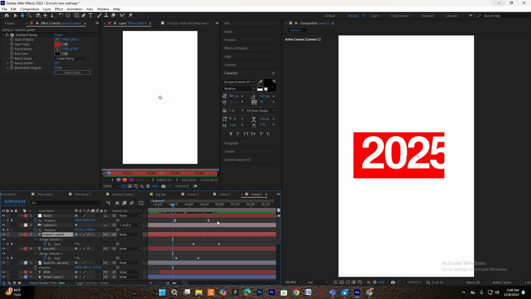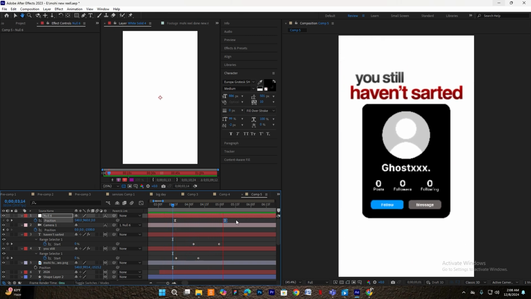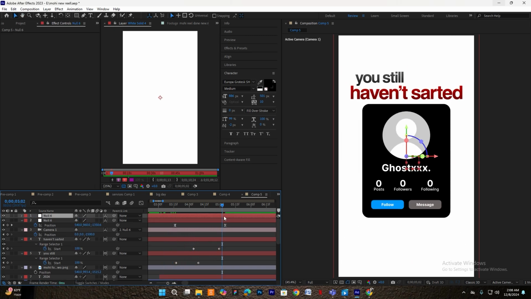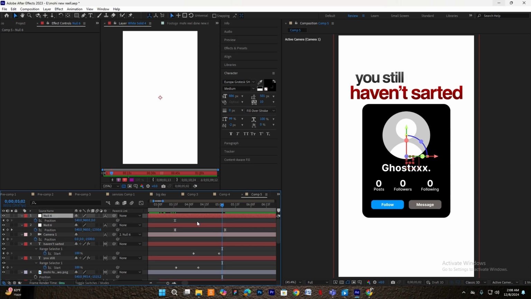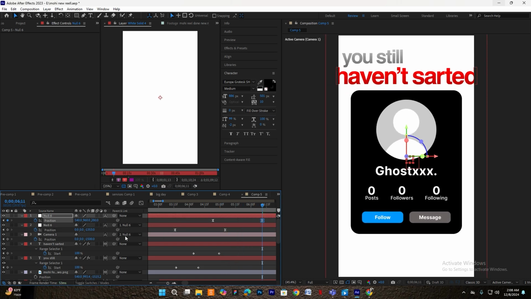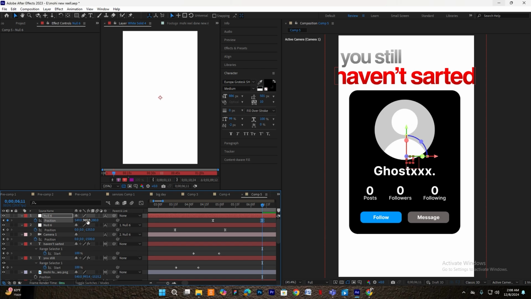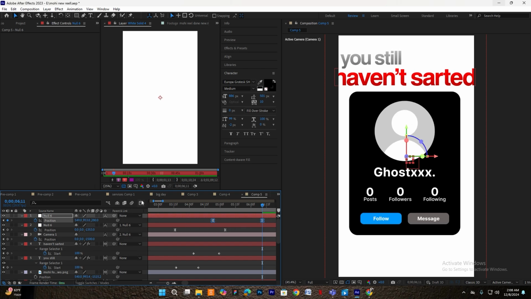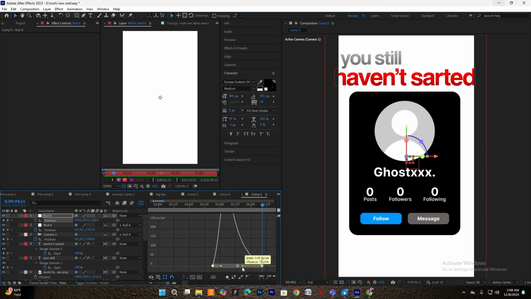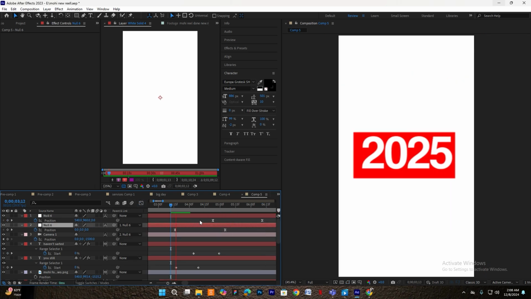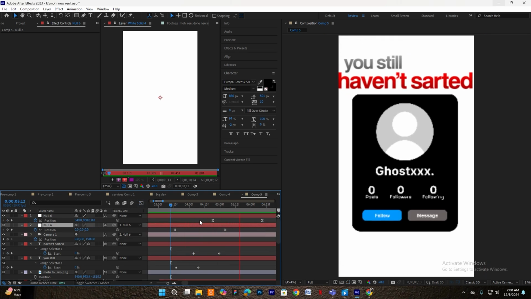Okay, that's great. Now press Ctrl D, delete this layer, like this keyframe, and again link this to a new null, go a few frames forward and zoom in like this. Perfect. Copy this graph. Let's see. Okay,